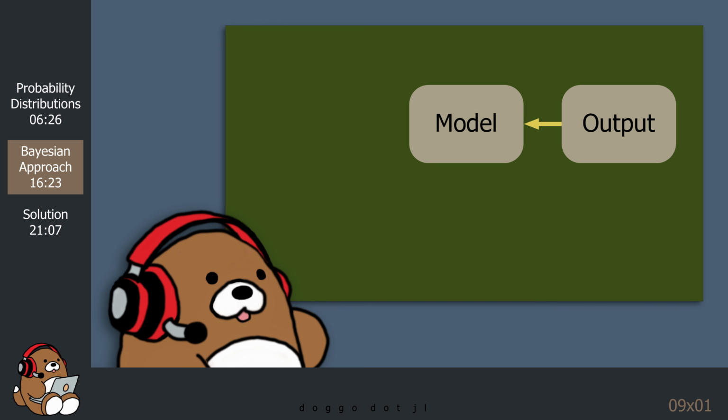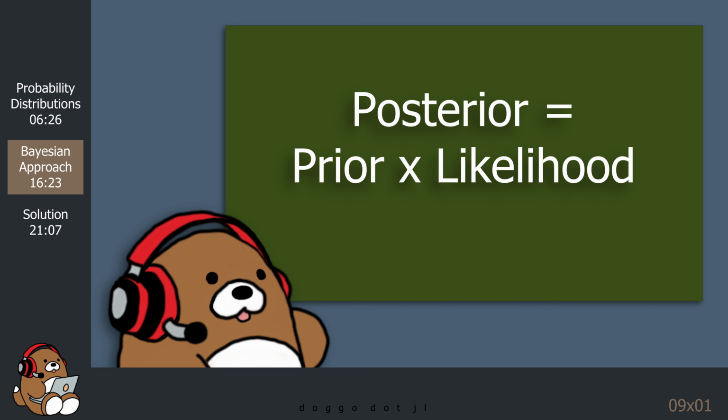Now, we need to take these observations and feed them into a model. Because we're looking for a probability distribution and not a single number, our model needs to speak the language of probabilities. The design of our model comes from Bayes' theorem, which states that the posterior is equal to the prior times the likelihood. We'll cover this equation in more detail in the next tutorial. For now, all you need to know is that we need to inform Turing about the probability distributions for the prior and the likelihood in the model definition.